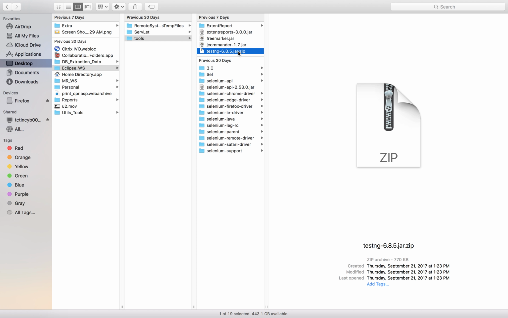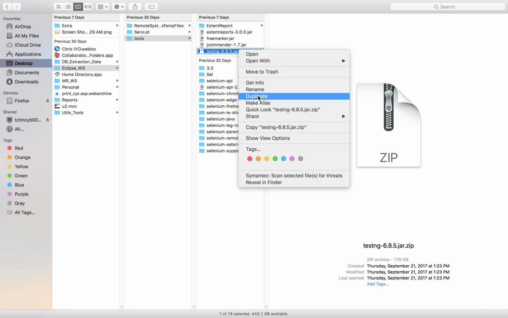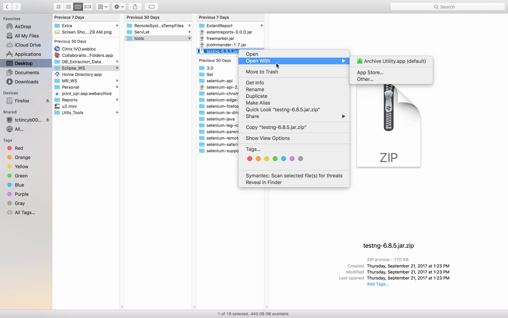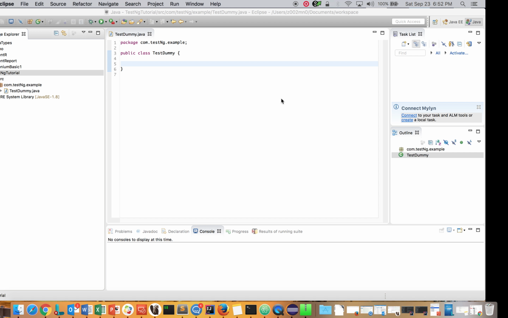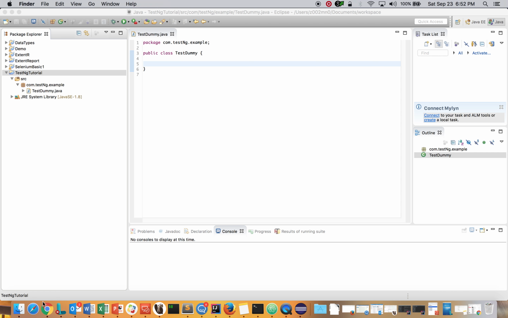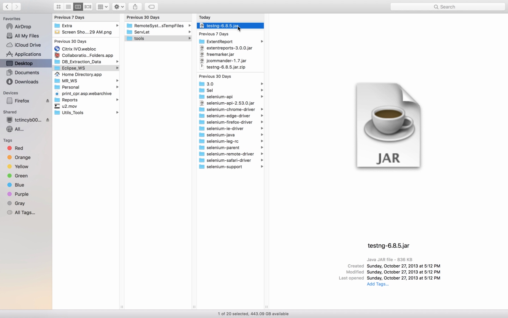Once you unzip it, you should be able to add the jar in your build path. So I'm just unzipping it. Okay, this has been unzipped. Just go to Google and search with testng 6.8 or 6.9 jar. You'll be able to download it, and you'll get the zip, unzip it, you'll get the jar,